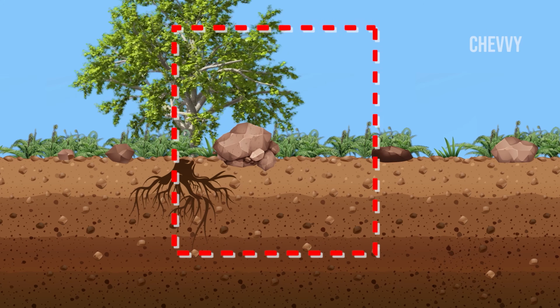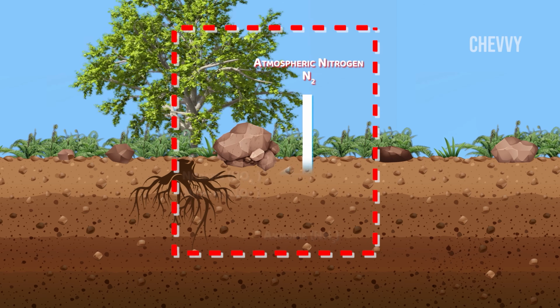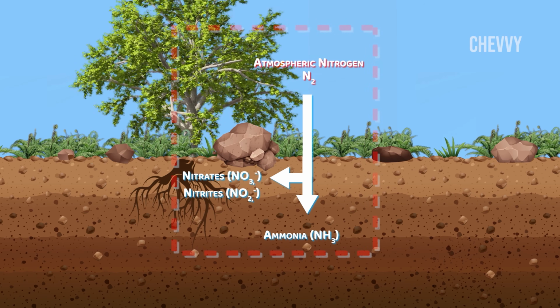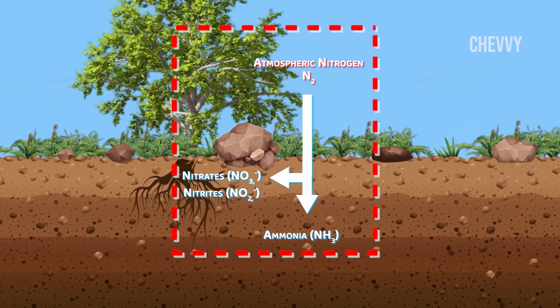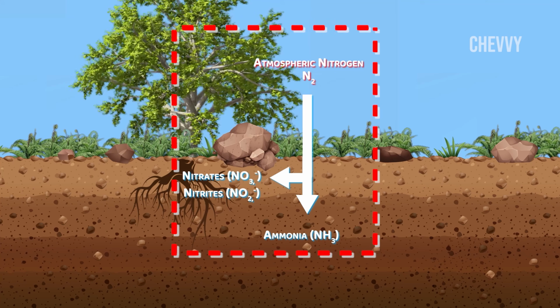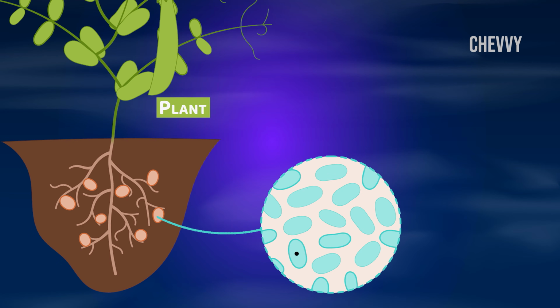Nitrogen gas in the atmosphere is transformed into ammonia and other nitrogenous molecules such as nitrates and nitrites throughout this process. Most nitrogen fixation occurs naturally, in the soil, by bacteria. Some bacteria attach to plant roots, and this is beneficial to both the plant and the bacteria. Bacteria obtain energy from the plant's photosynthesis, and in return, they convert nitrogen into a form needed by the plant.